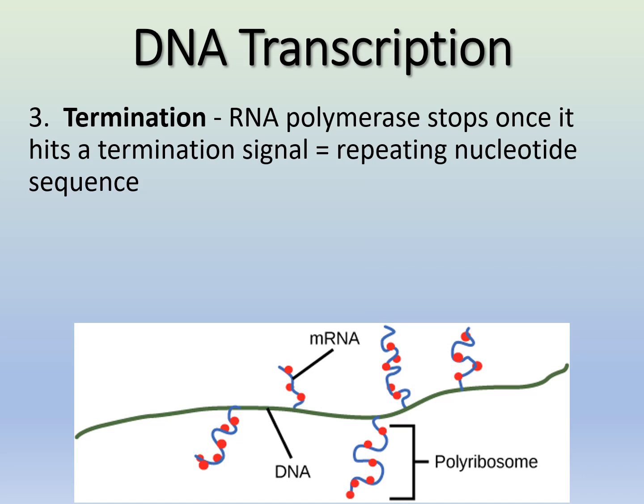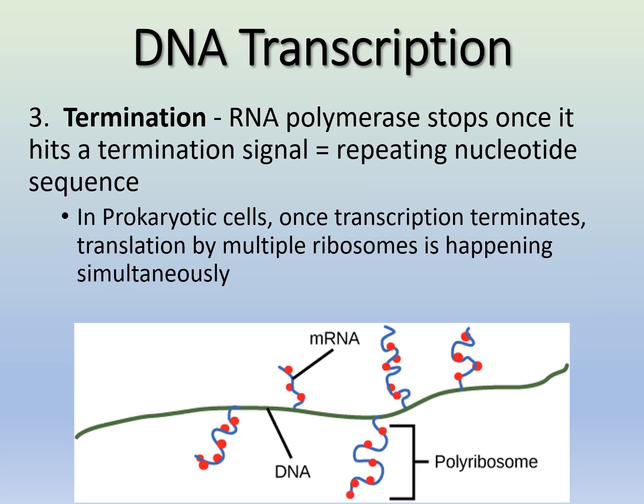So now we have our last step in DNA transcription, and that's termination. So we have to stop transcription. The RNA polymerase actually stops once it hits this termination signal. And a termination signal usually is a repeating nucleotide sequence. Essentially it just repeats itself so that it says, okay, I know to stop, and I'm going to release